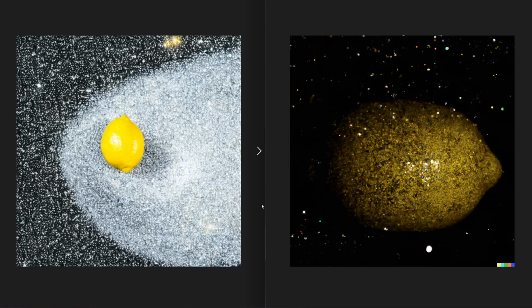So, for this first image, I think Dall-E 2 actually followed the prompt a little bit better in comparison to Stable Diffusion. I mean, both of these are actually pretty close to the prompt. We've got some speckles of stardust floating around. I mean, the lemon really isn't made out of stardust here with Stable Diffusion, to be fair. So yeah, Dall-E 2, I think, is definitely like a stardusty lemon, and they both have the deep black background, so, you know, they're both doing pretty good, but I think Dall-E 2's is a little bit better.